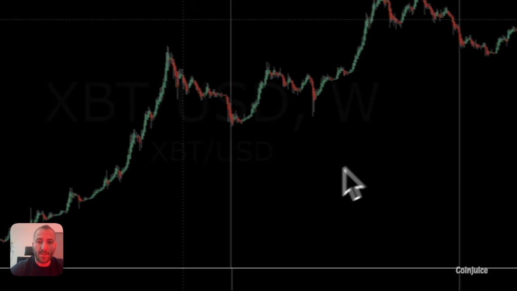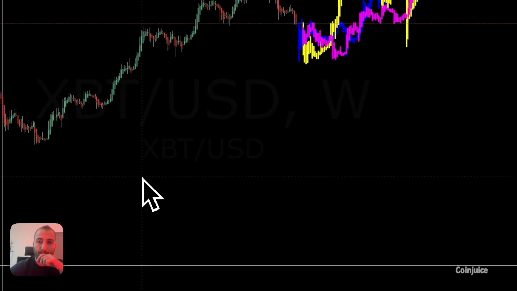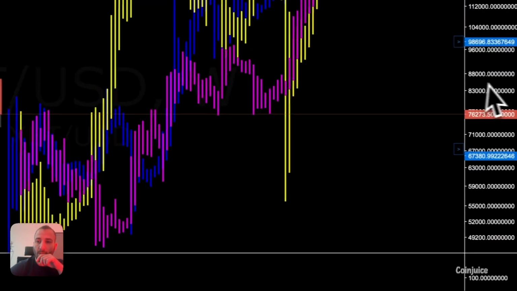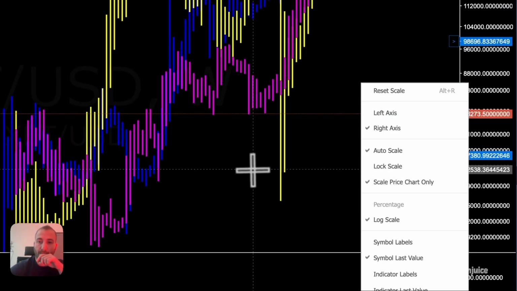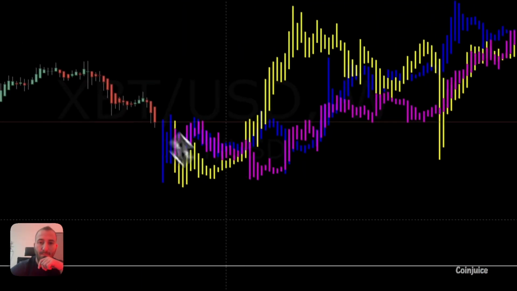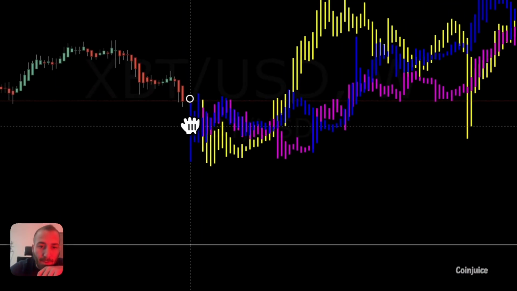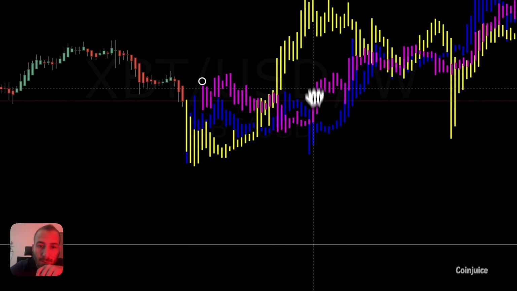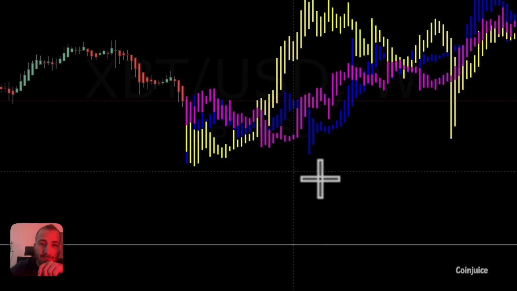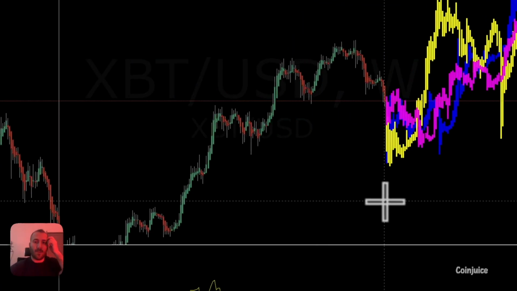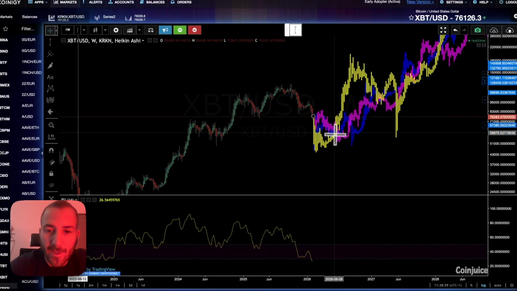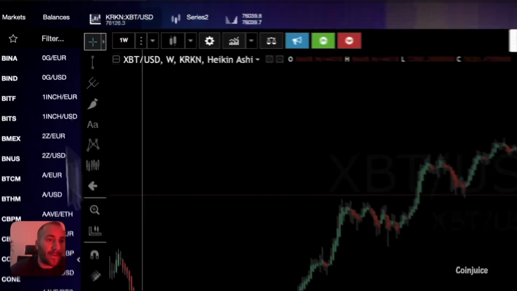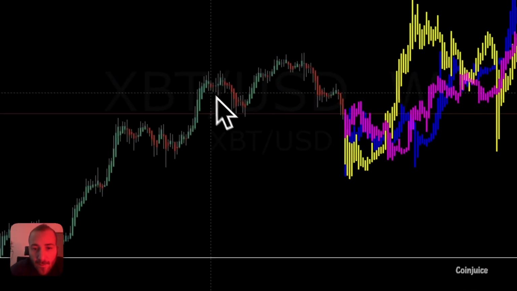Okay, so what are we saying here? When you keep this chart in log, then any fractal you lay over is in the same movement. So if I lay this out here, and here, and here, this is not necessarily the best way to do this, but just to get a bit of an idea where to place our limit orders, I'm assuming that